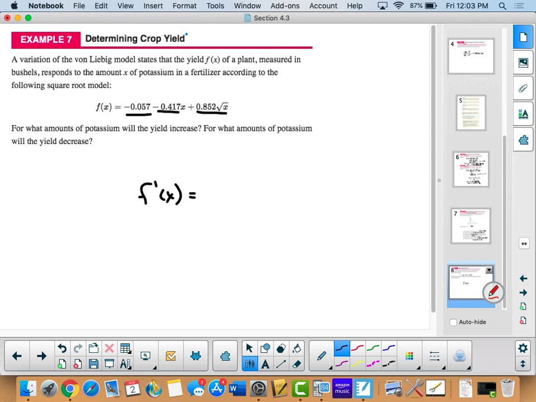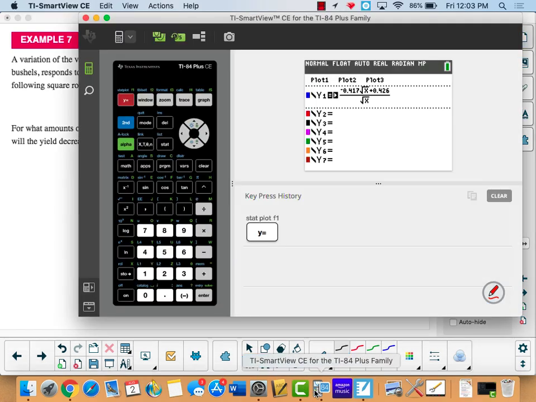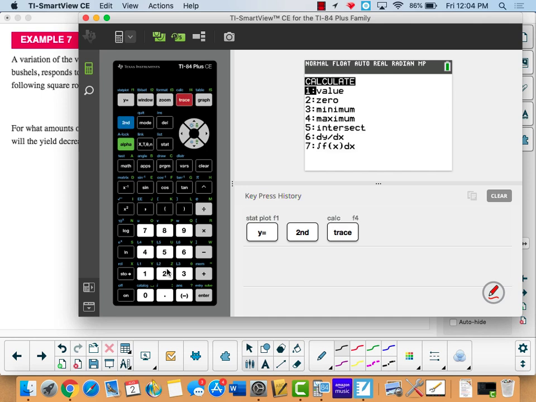And then when we get a common denominator for that, we end up with negative 0.417 times the square root of x plus 0.426 all over the square root of x. Putting that into the calculator, what we want to do is figure out where the derivative is positive and where it hits 0. So if we do calc and the 0,